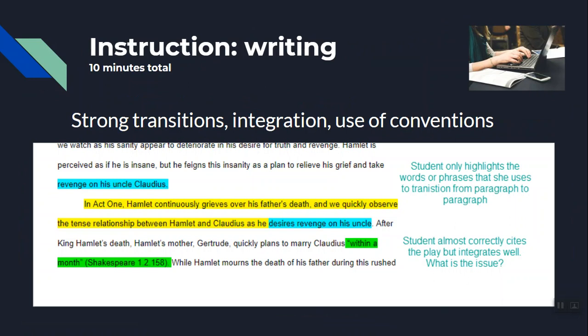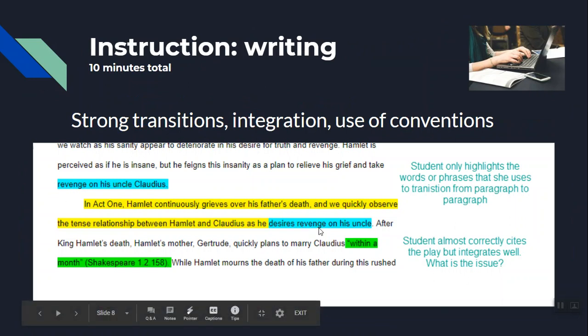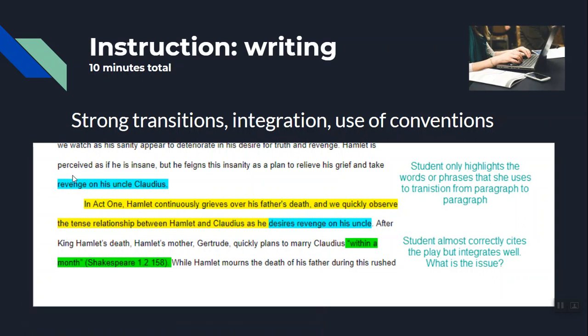We talked a little bit about how this student tied revenge to revenge. So I only need you to actually tie or highlight rather your focused transition, revenge to revenge, uncle to uncle. And you don't need to highlight the entire last line of one paragraph to the entire first line of the next. I get that. If somehow the focus of your next paragraph is about revenge, then you can offer me kind of dual highlighting if you'd like to.